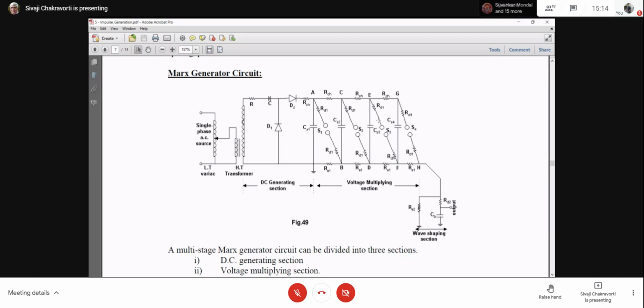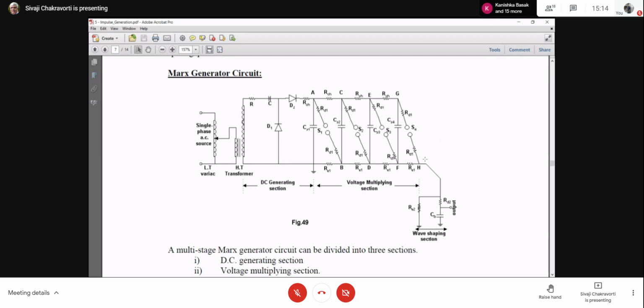Then what happens? The point A is immediately connected to point B. Now point A, let's say, is the positive terminal of CS1. Then point B is definitely the negative terminal of CS2. So if A is connected to B, then CS1 and CS2 are connected in series. What happens now? The total voltage across S2 immediately becomes 2V.